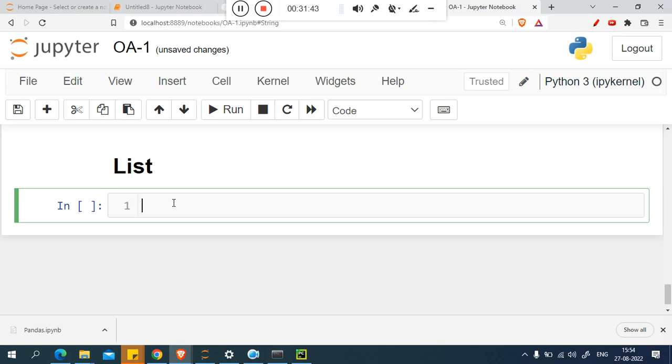Integer means I can put integers only. But how can I put all the things combined in one place? Suppose A is the storage. So how do we put all the things in one place? That's why the list is available in Python. Suppose A is equal to,